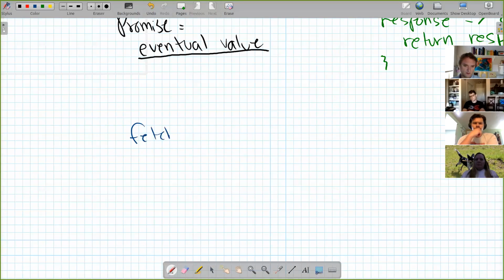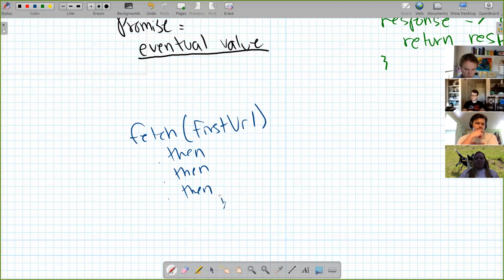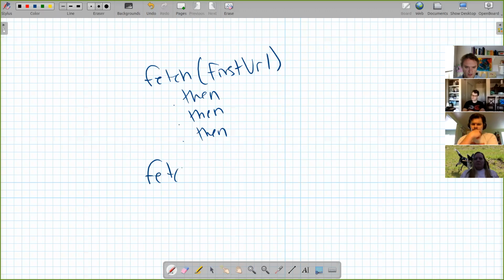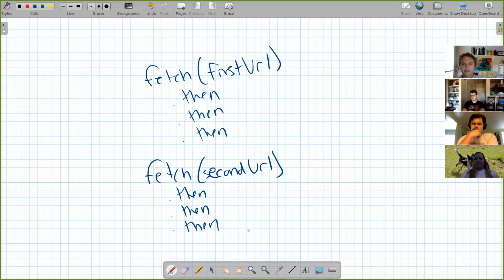So I fetch the first URL and .then and .then and .then. Oops. And then I could say fetch the second URL. So if we did something like this,